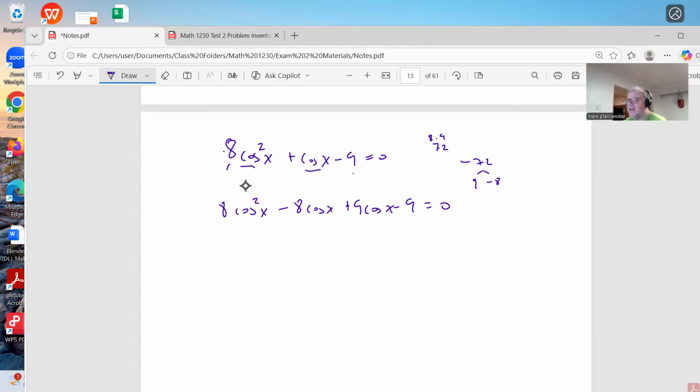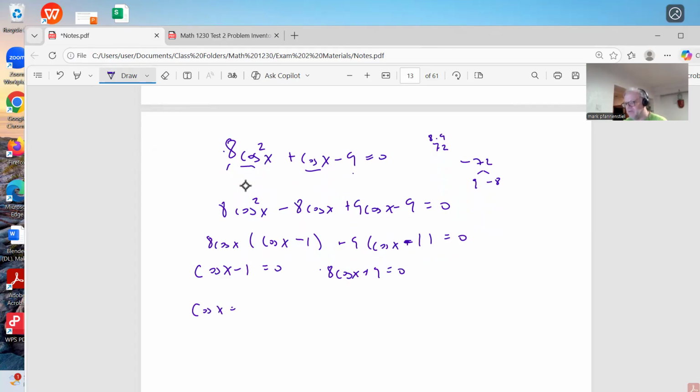There we go. So let's go ahead and factor out an 8 cosine x out of my first values. So we have cosine x minus 1, and we have plus 9 times cosine x minus 1 on the second one, equals 0. So we have cosine x minus 1 equals 0, or we have 8 cosine x plus 9 equals 0. Okay, we have cosine x equals 1, 8 cosine x equals negative 9,